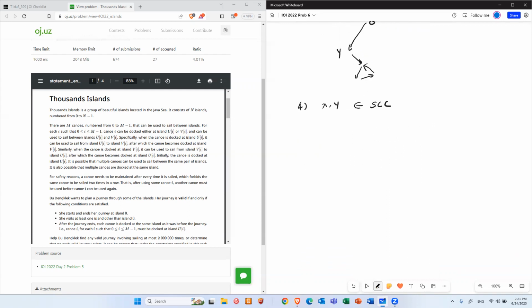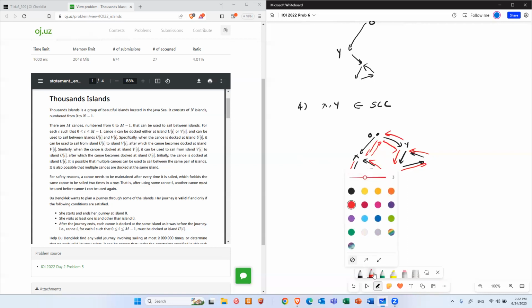It's the same thing. So you basically have 0, you go to X, for example, go into a strongly connected component. Then you go to Y, which you go to another, eventually go to another strongly connected component. So it's the same thing, right? You do like this. You go this, you go this, you go this, you go this. Then you take this, right? You take this one, you go back here, then you go this, this, this, this, and go back here. Okay. Now you can